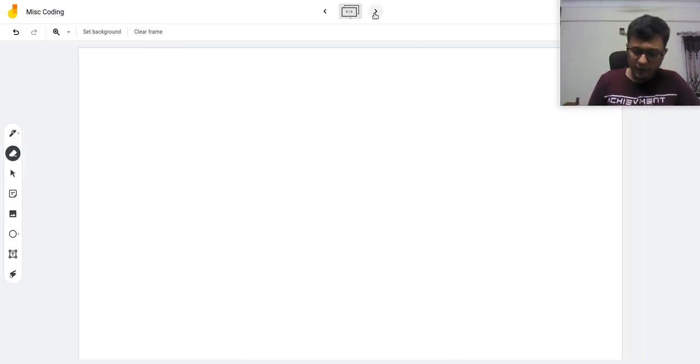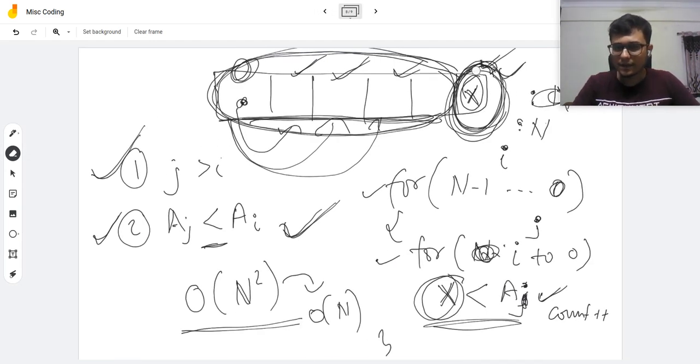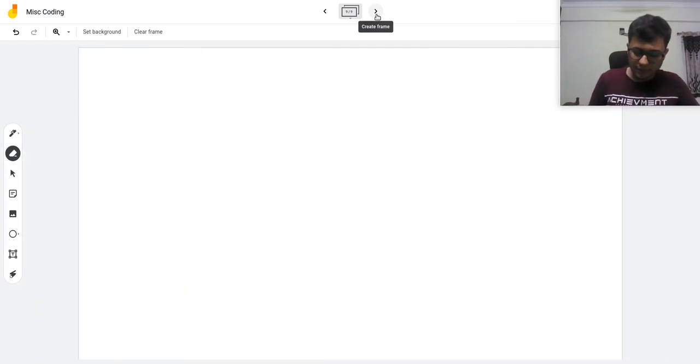If you saw the previous example, what we were essentially doing is that, for example, this person X sitting at the last position can receive candy from all the persons sitting to the left of it, provided that the number that particular person has is greater than the number of this particular person sitting here, right? This one. So the very simple concept is that we can use prefix max here.